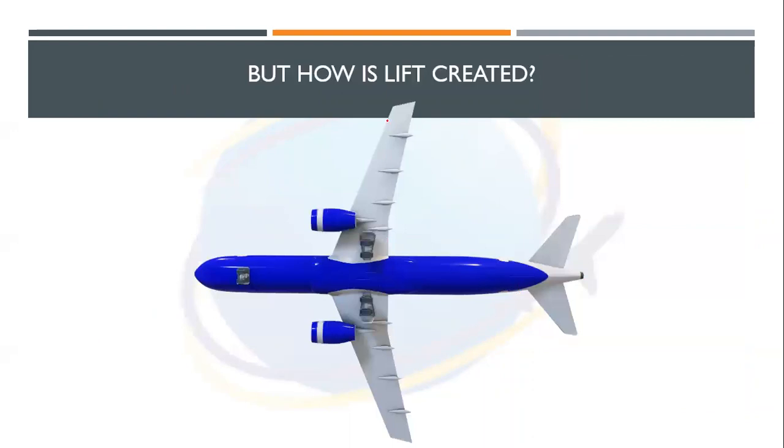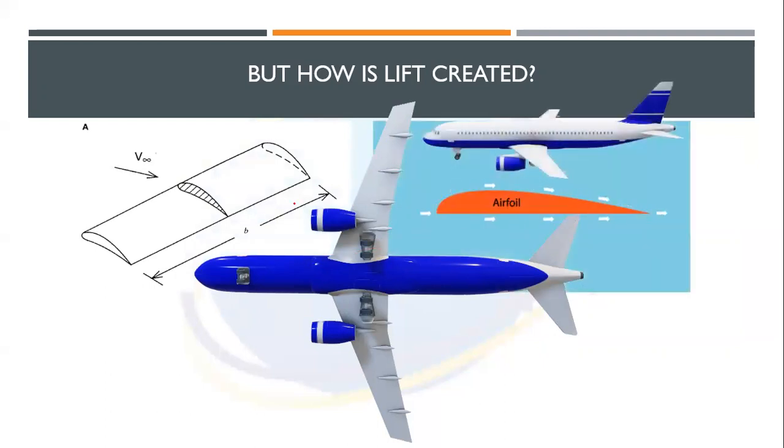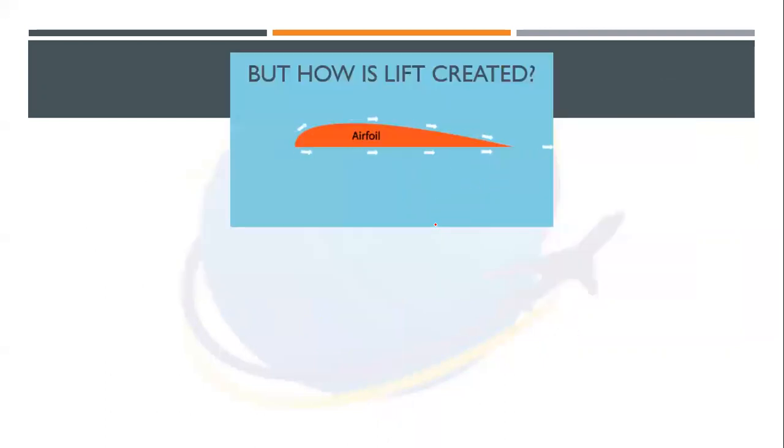If any doubts are still there, you can see that all these aerofoils put together one by one form something called the wing. So we'll do the opposite. We'll cut out this wing, and we will get something known as an aerofoil. Now we got the aerofoil. We'll zoom into the aerofoil and see how the particles are moving. No need to make you realize because you already know what has been going on in this.